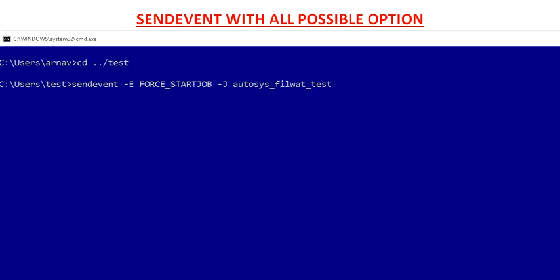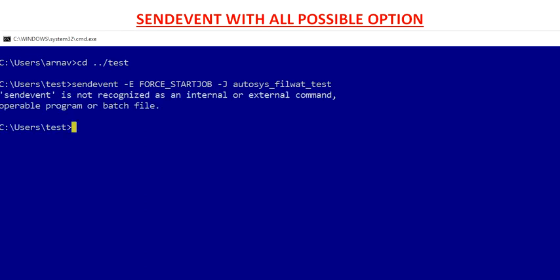Press enter. It shows an error message, which I intentionally created: this event is not recognized. Why is it not recognized? You would have seen my other videos related to Autosys jobs. This time it shows that we haven't loaded the module related to Autosys, so you have to load the module.